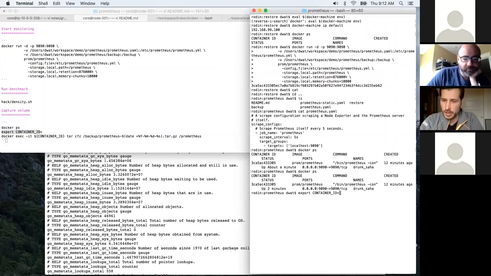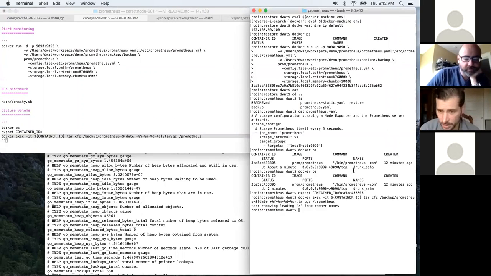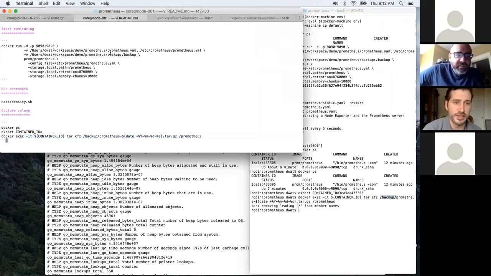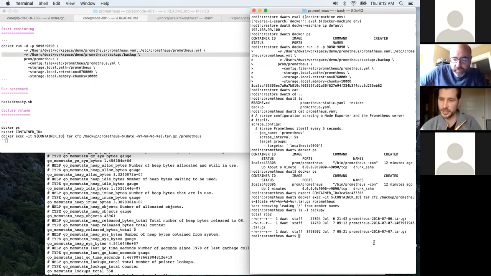Now, I'm skipping one small step, which doesn't technically matter. But what I'm going to do now is back up all of the data. And so what I've done is I've executed a tar command inside of the Docker container, and I've just tarred up everything in the database directory into a backup directory. Now you can see from the way I mounted this, the backup directory is actually another directory on my host machine, right? So now if we look in backup, we can see here's this tar file that I've created